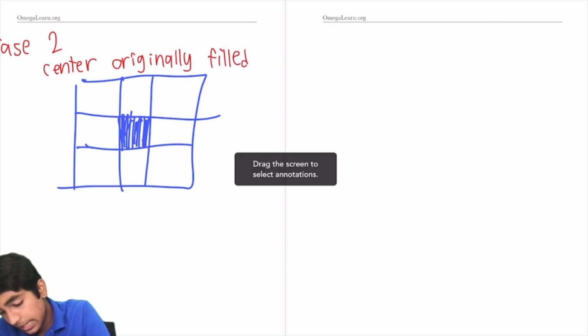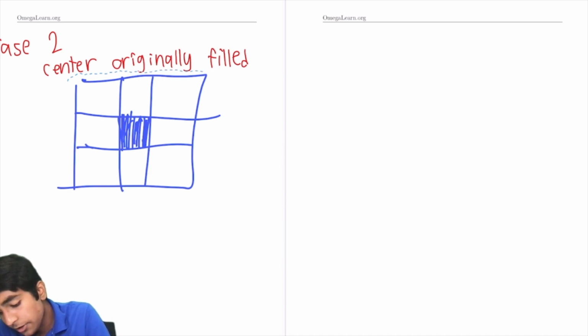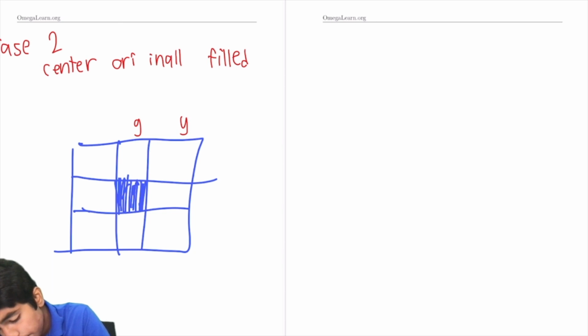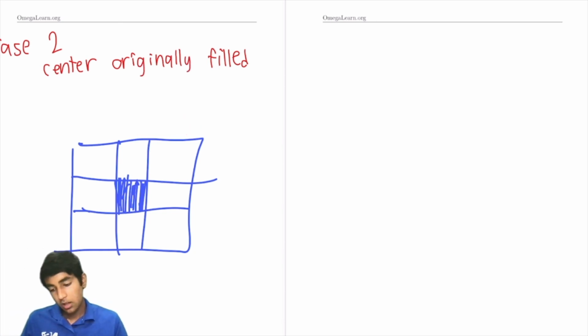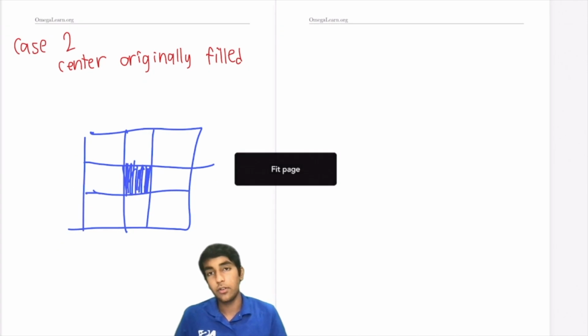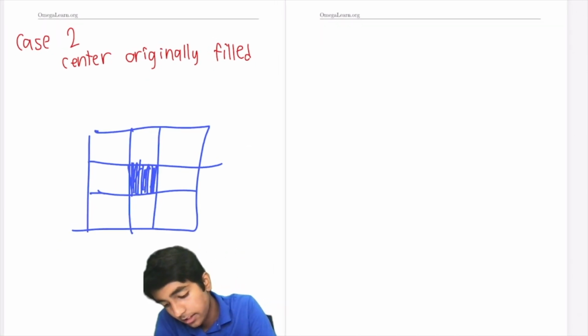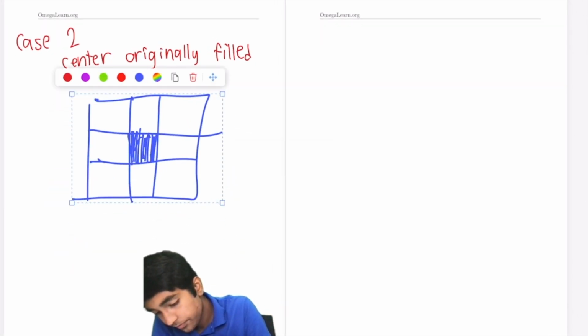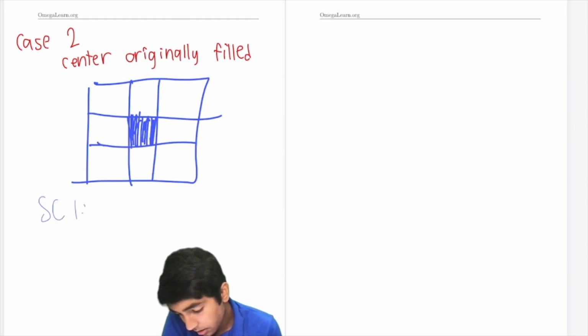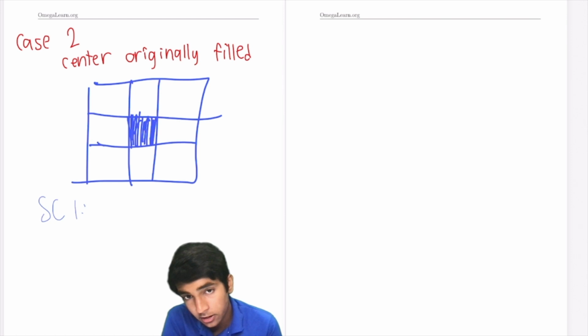Okay, so if the center square is originally filled, then what are the different subcases we can break it down into? Well, the different subcases are subcase 1. Okay, so the first subcase is that